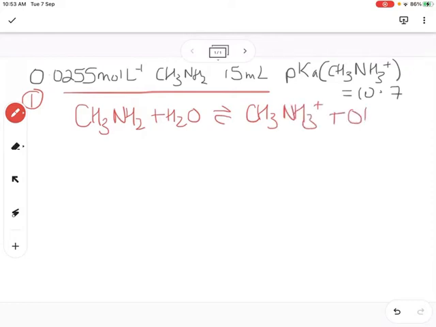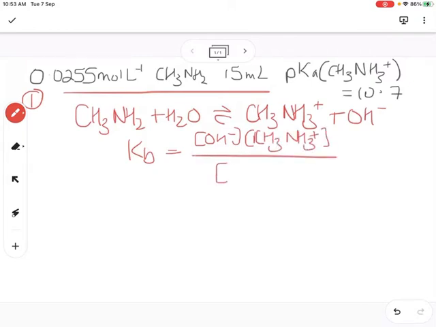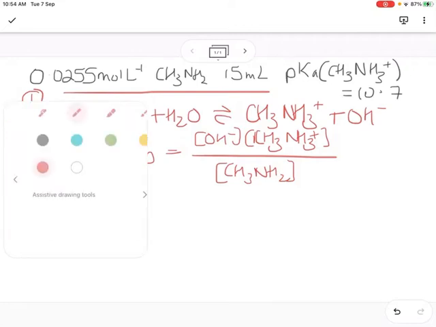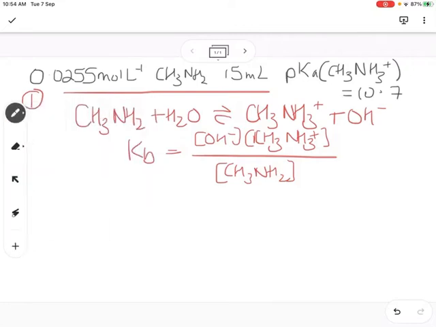And then I need to write a Kb expression. So that's the products over the reactants. I'm not going to put in the states. And then I need to substitute into this equation here and rearrange to solve for the OH minus and therefore the pH. So first thing, I've only been given the Ka or the pKa, so I'm going to work out